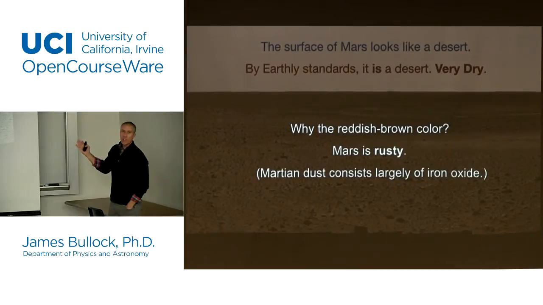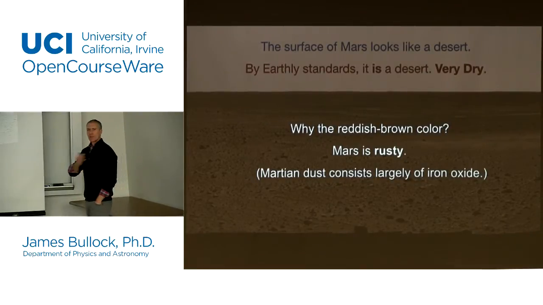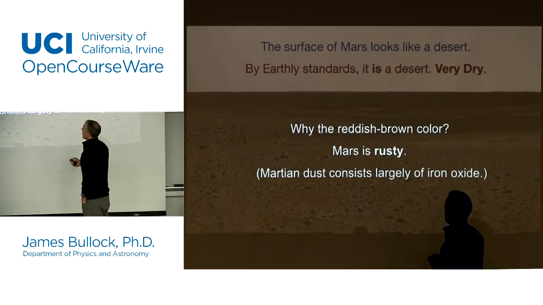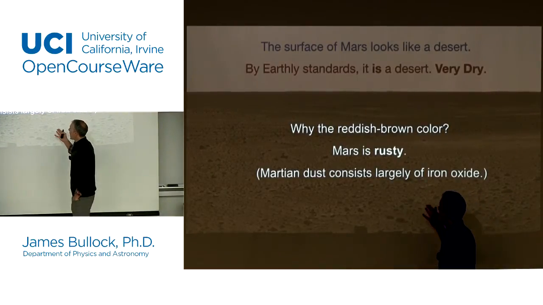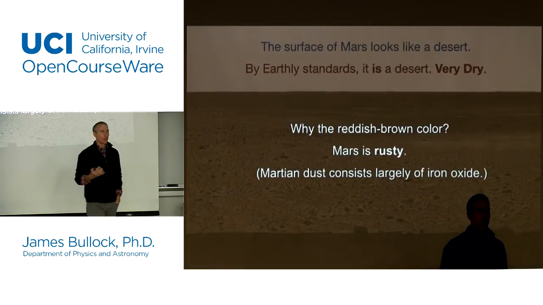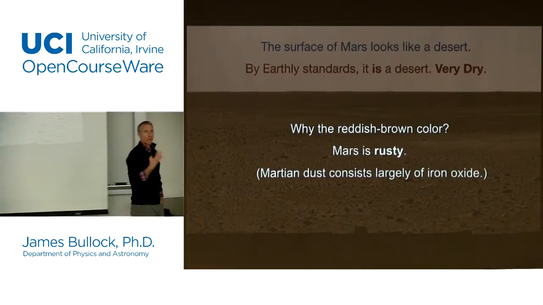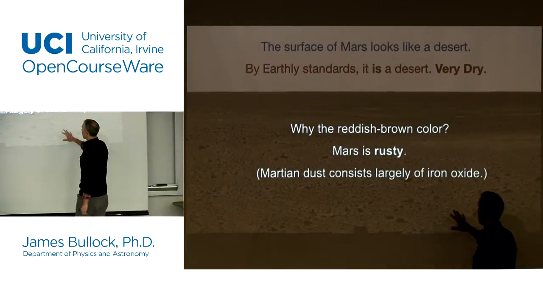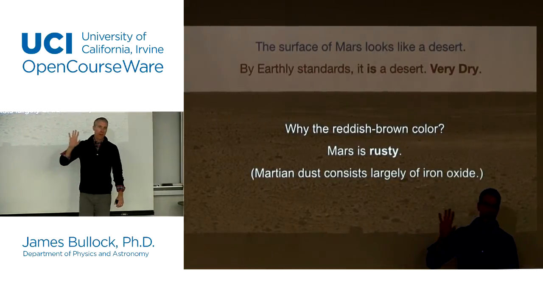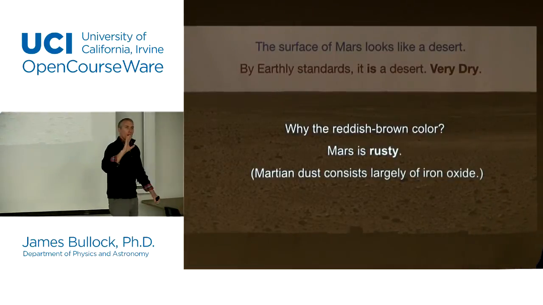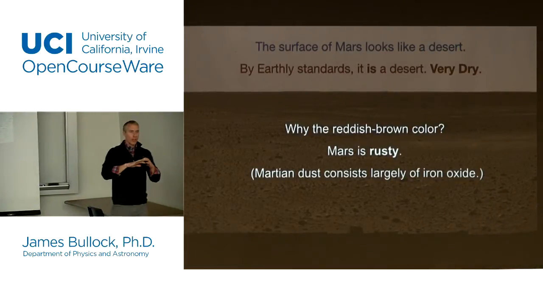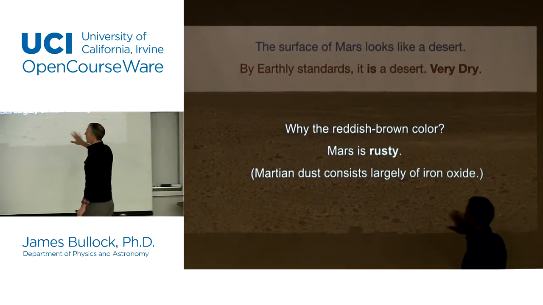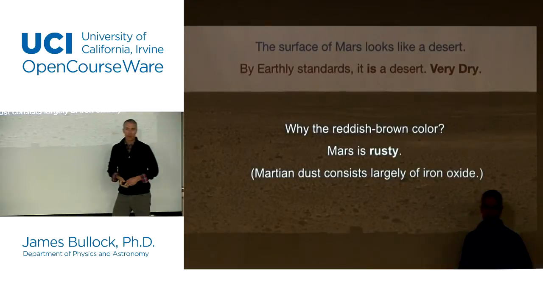So the surface of Mars really does look like a desert. It looks kind of like a red desert. And the reason why it's red, it has this kind of rusty brown color. You know, people call Mars the red planet. The reason why it is this kind of reddish color is it contains a lot of iron oxide. So there's a lot of iron bonded with oxygen actually on the surface of Mars, and that's what gives it this kind of rust color. It's sort of rusty colored surface on Mars.